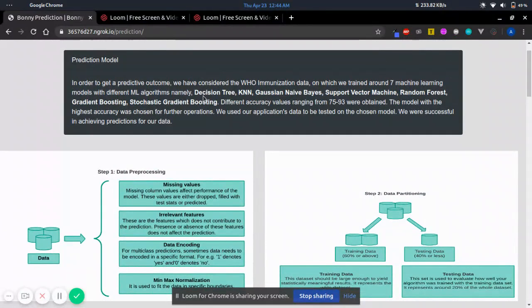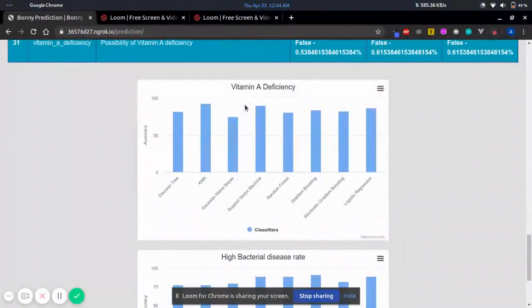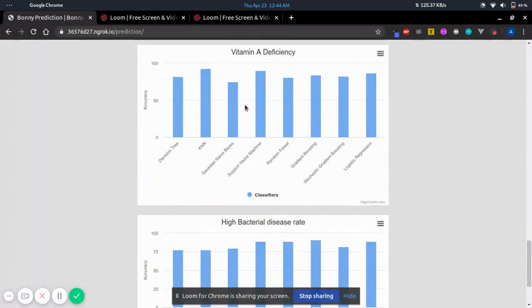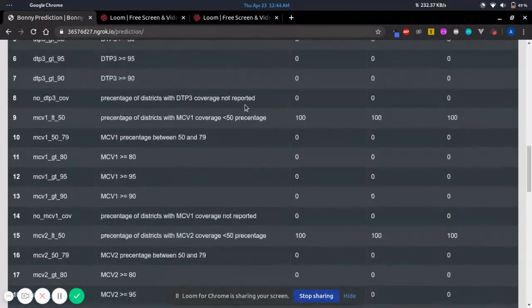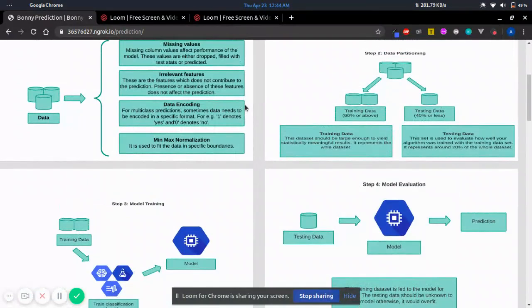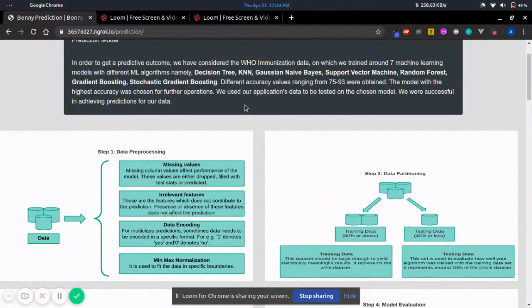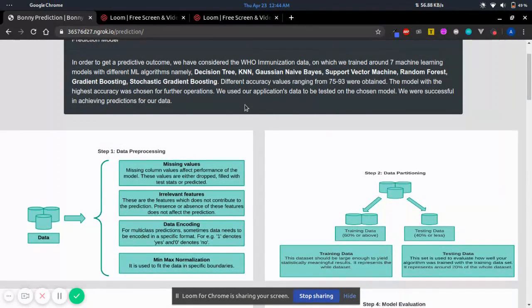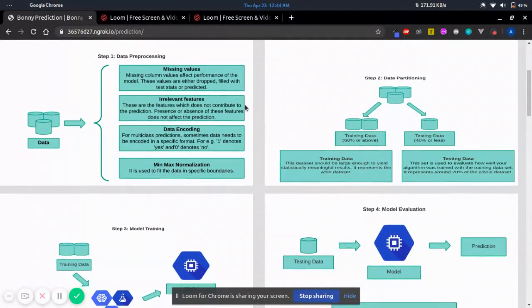We trained the same prediction models with several types of machine learning classification algorithms, and we plotted their accuracy here, and based on that, we decided to use the top accuracy scores the models provided.